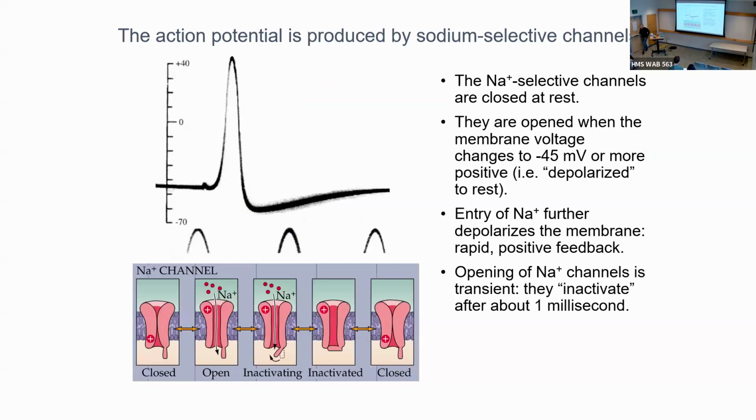open. Okay, so the way the action potential works then, the understanding at this point, which was still sort of cartoons of how the imagined channels would work, but it was very clear that they were very steeply voltage dependent. And so the way the action potential works is if you depolarize just enough to get a fraction of the sodium channels open, then what happens? Well, sodium comes in through those channels. That sodium entry depolarizes the membrane. That depolarization of the membrane opens more sodium channels because they're so steeply voltage dependent.